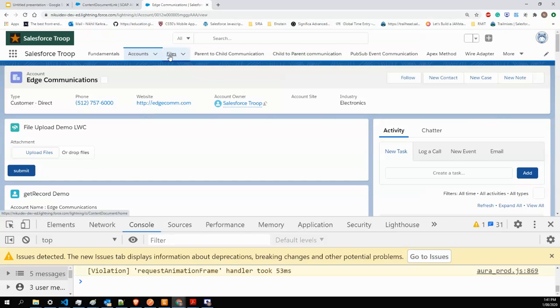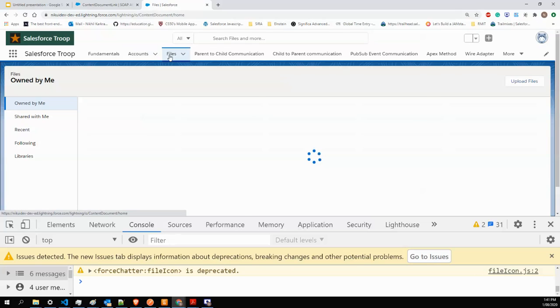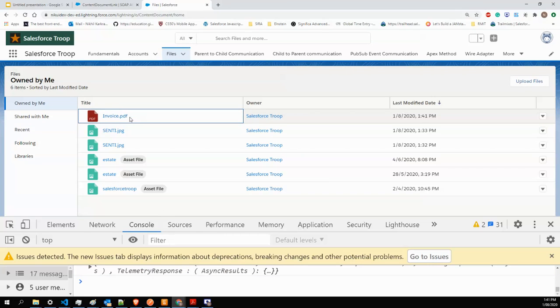I'll go to my files and here it should show me the invoice.pdf and the time is the current timestamp. It's 1:41 p.m. and 1:41 p.m. So it's pretty new. Similarly, I'll go back